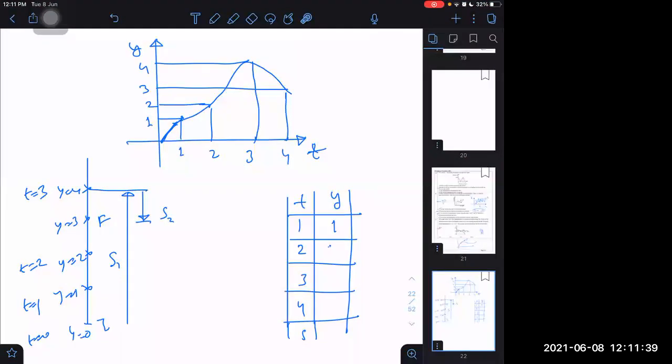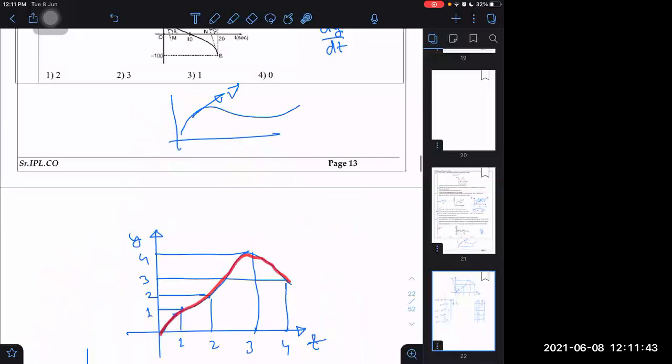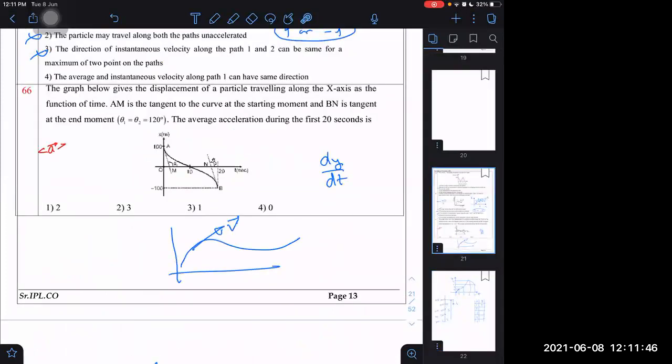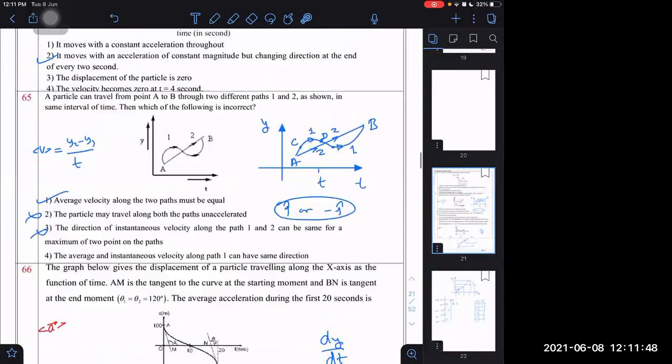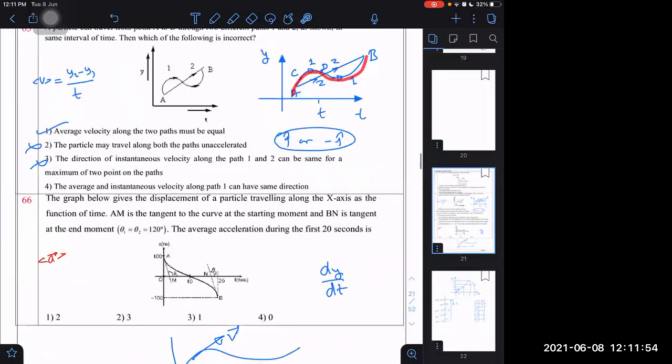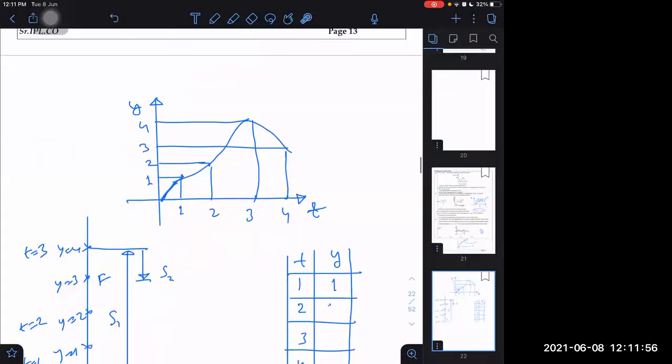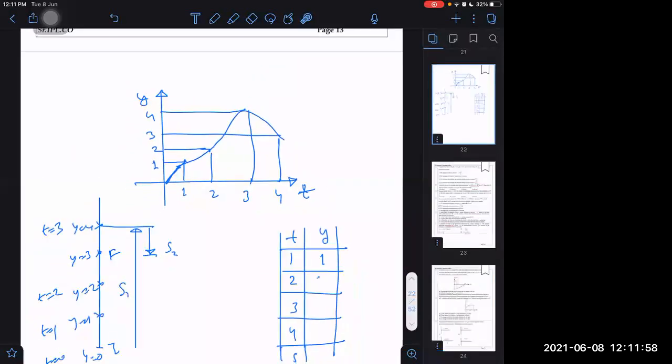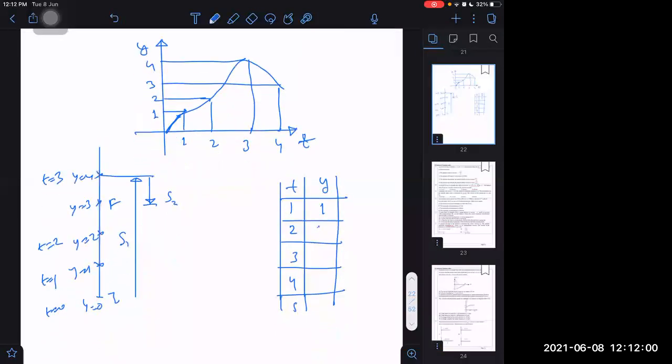I don't know if you have seen this graph or not. So much I have completely lost. What somebody was saying in between, that this is the direction of displacement and this is the distance. Really, it is not a path followed. I made a separate graph for this purpose. I said, let us say the particle is going only along the y-axis. At t equal to 1 second, the particle is at y equal to 1, at t equal to 2 seconds, the particle is at y equal to 2, at t equal to 3 seconds, the particle is at y equal to 4, at t equal to 4 seconds, the particle is at y equal to 3 again.